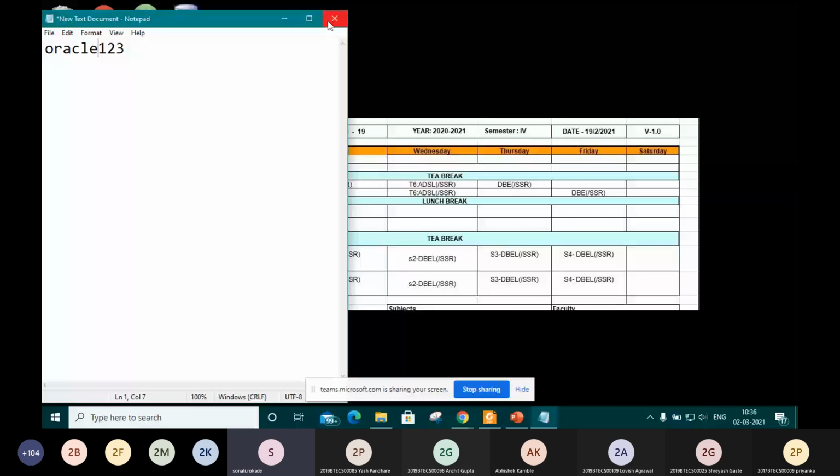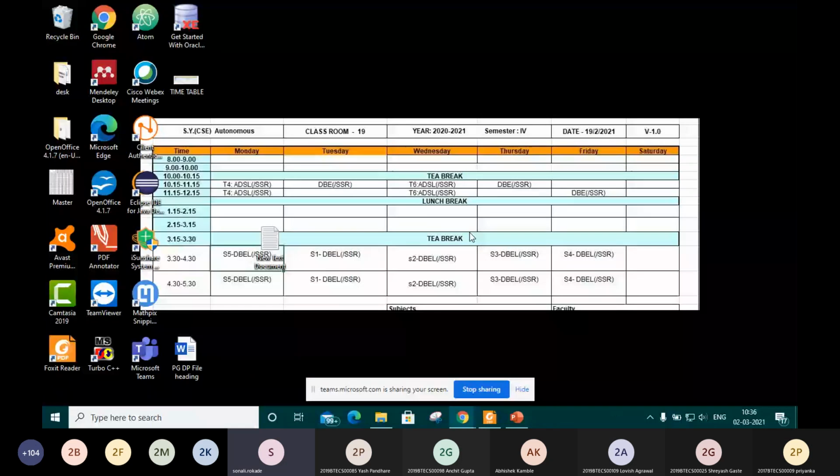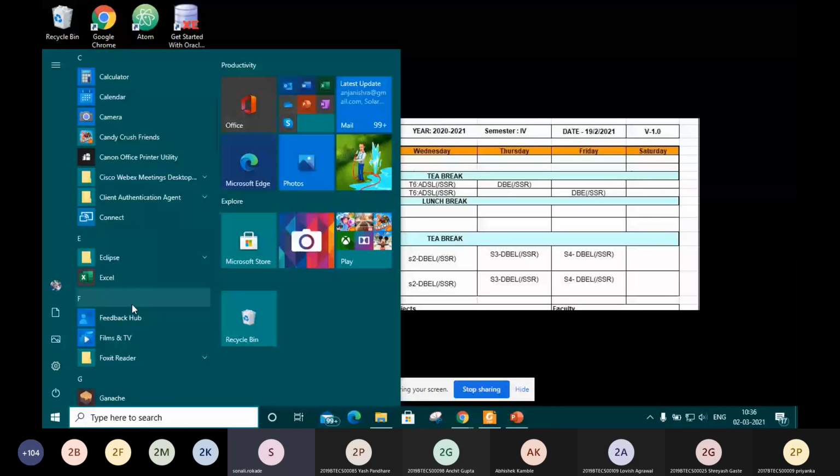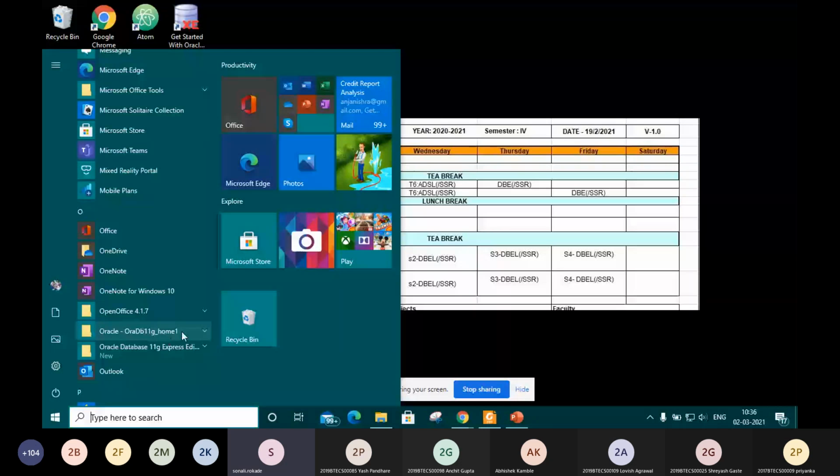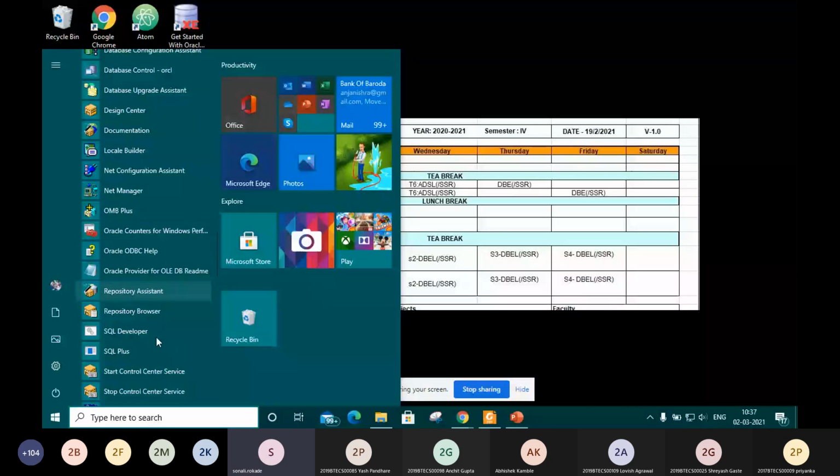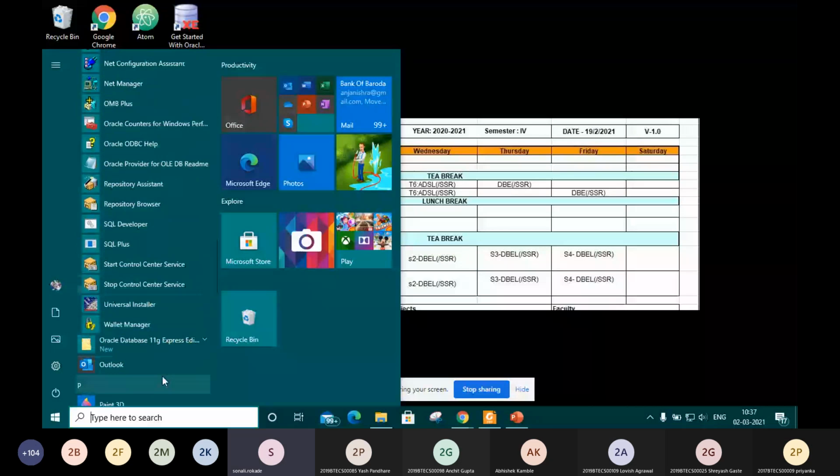Once it gets installed, you will have this kind of folder on your laptop or desktop. This is the 11G Express edition.